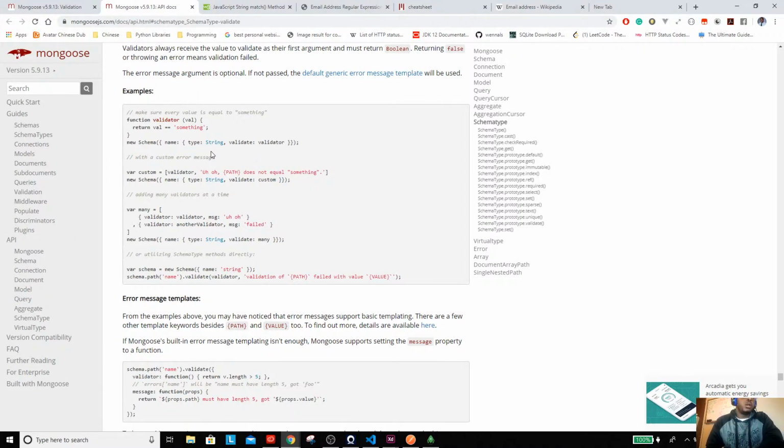And then we can create a custom one, it seems like. So custom is validator, and you create a message. And there we go there. Adding many validators at the same time, we can do that as well. So let me try this. We're gonna do